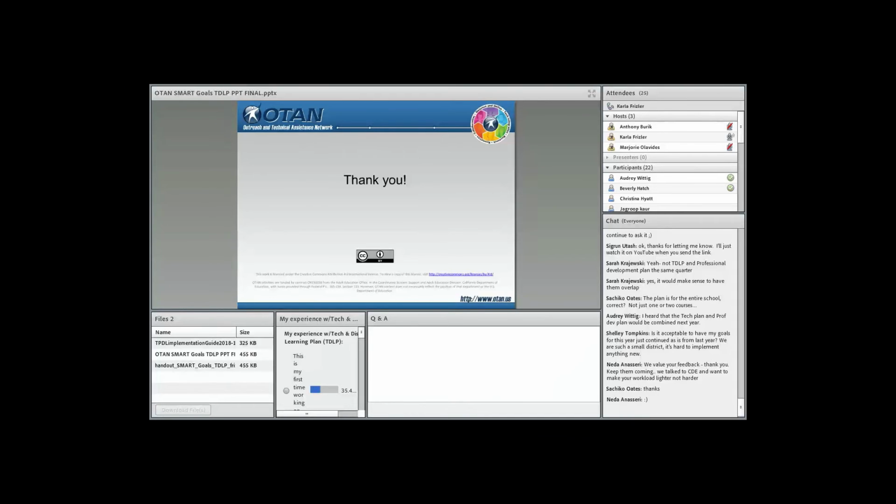And then will this slideshow be shared in printable form? Peggy Squires, on the left-hand side of the screen where it says Files, you'll see my PowerPoint. You can download it and just save it in PDF form. You can do that conversion directly in PowerPoint so that you could share it with your tech plan team. And my notes are in the version that I uploaded in case any of that might be helpful to you